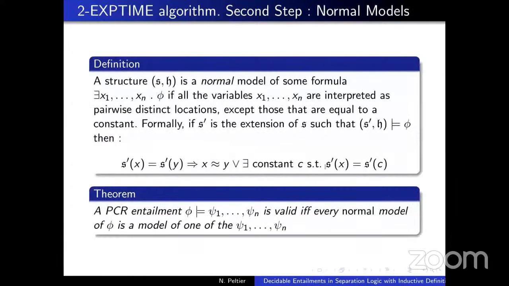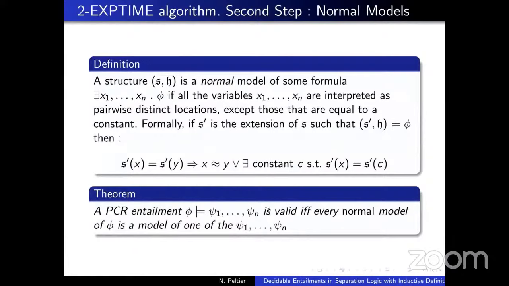So the second step is to focus on a particular class of models that we call normal. A structure is said to be normal if all the variables are interpreted as pairwise distinct locations, except those that are equal to a constant. So if we have two distinct variables with the same value, then they must be equal to a constant. And we can show that PCR entailment is valid if every normal model of the left-hand side is a model